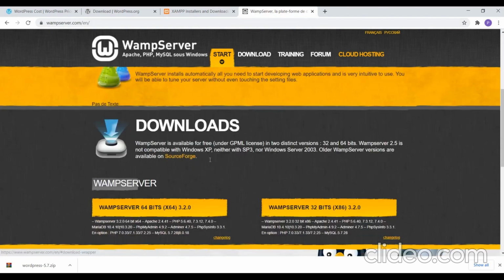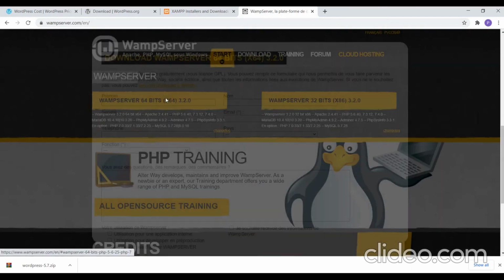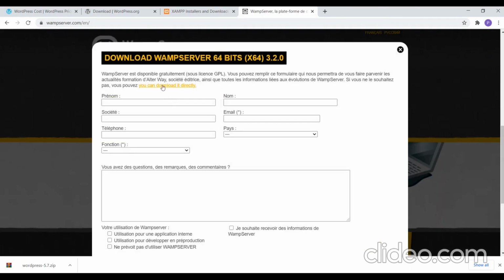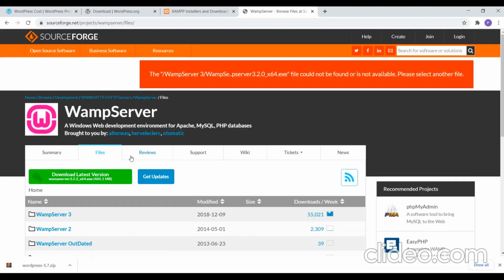So if you are going to start with WAMP, you have 32-bit and 64-bit options. Again, depending on your OS, you need to download them. So you can directly download it.